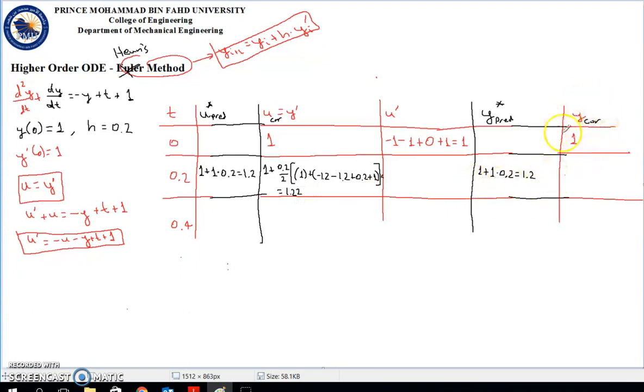Now let's calculate the y corrector. The y corrector will be the previous y, 1, plus the step over 2, 0.2 over 2, and the average of y prime at the previous time, so 1, and y prime at the current time, 1.22, and that equals